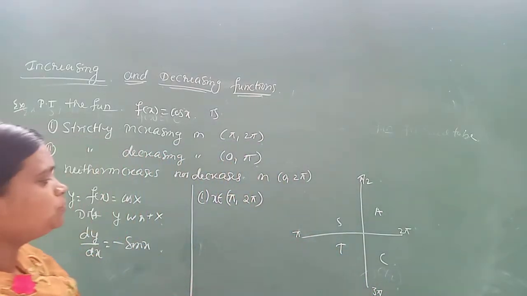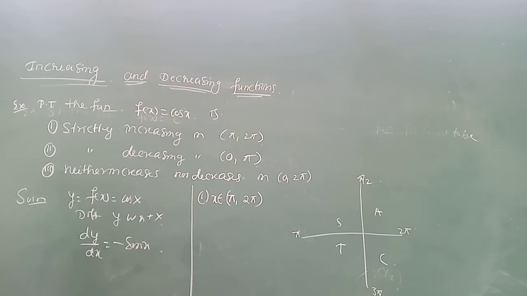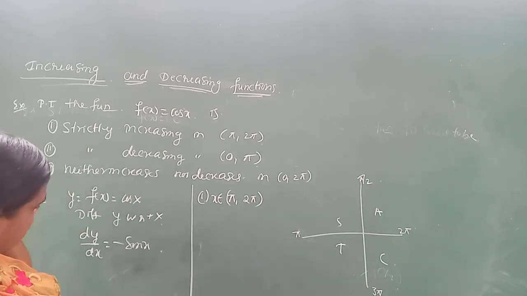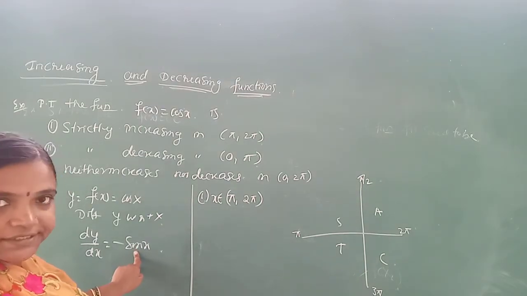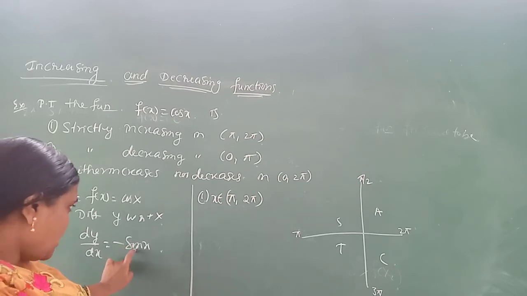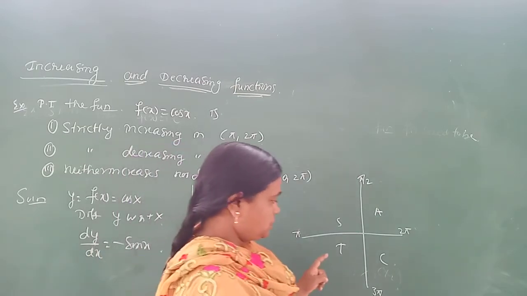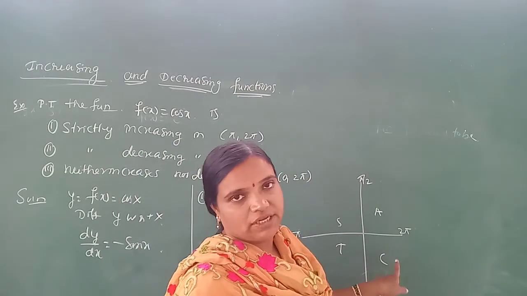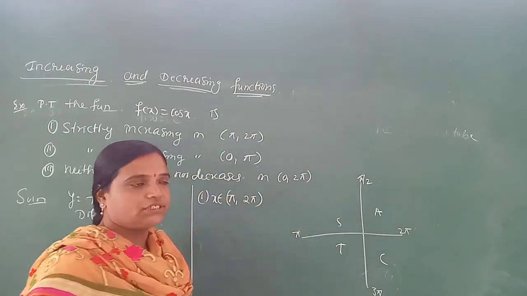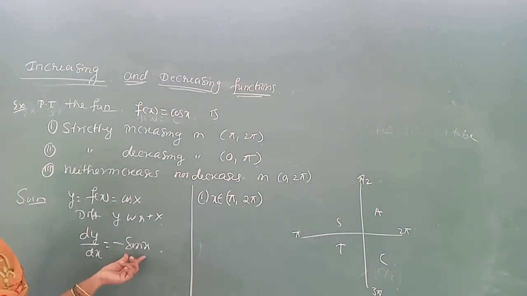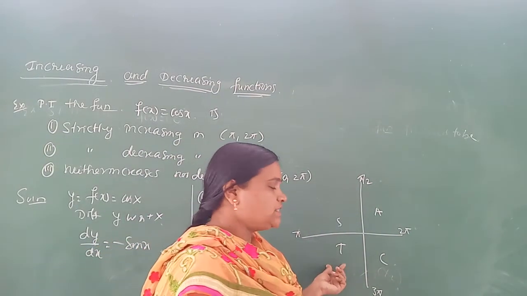Okay, pi to 2 pi. And mentioned this is sin x. This is the sin value in the third quadrant as well as fourth quadrant. Please concentrate. The value of sin in the third quadrant as well as fourth quadrant